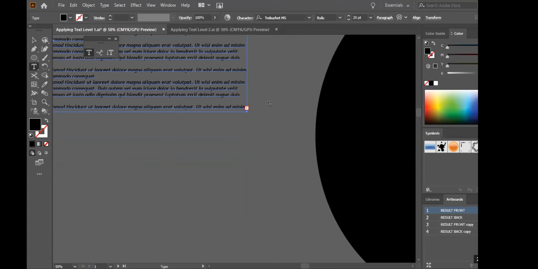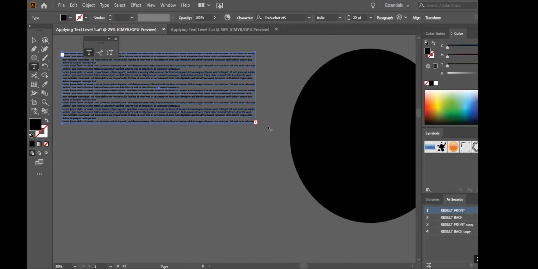My cursor changed; it looks like it has lines, a bunch of rows. It means that you have hidden text. Now I can move that to a different location,